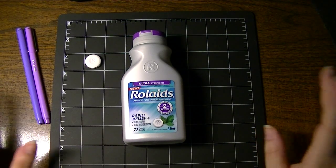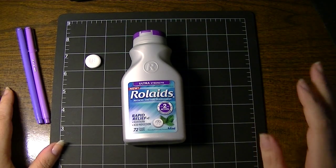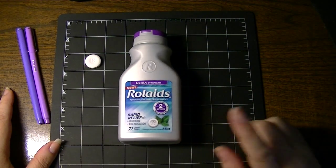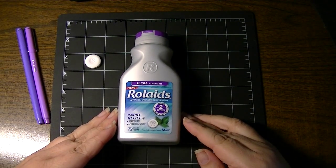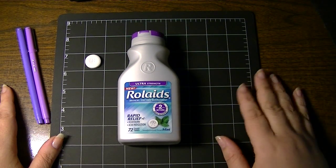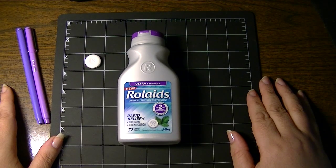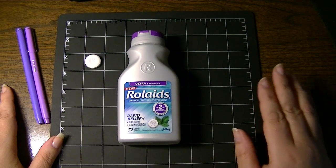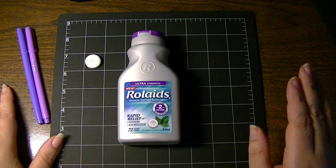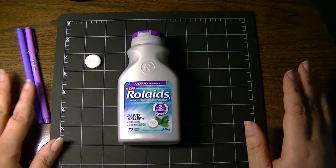I wanted to share with you my personal review, or the review from my point of view, of the new Rolaids. And for those of you who take antacid, either need to or as a supplement, you might know that Rolaids was off the market for I think a couple of years, and I vaguely recall something about a lawsuit. So they were purchased by another company, and a new formula was created, and they recently came back on the